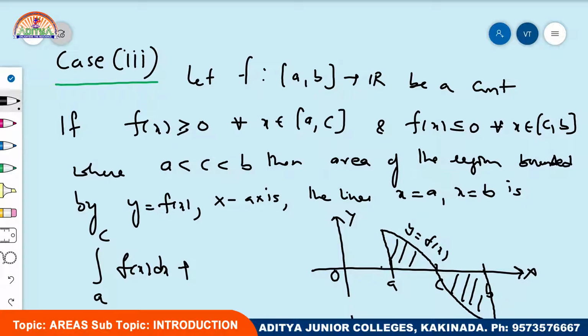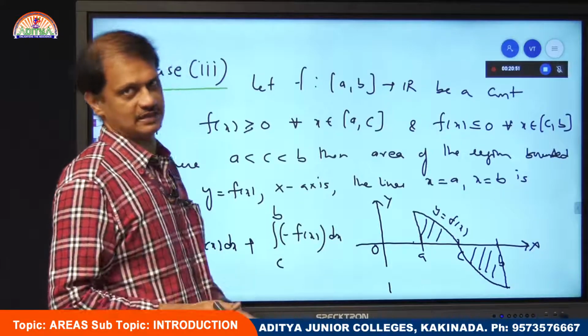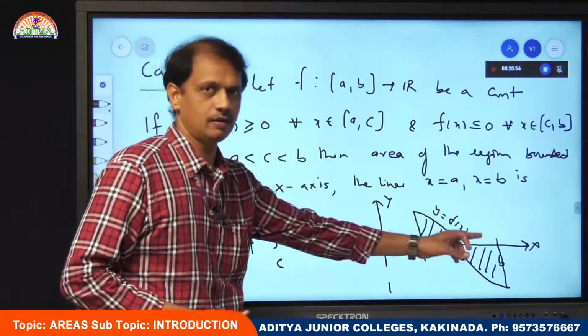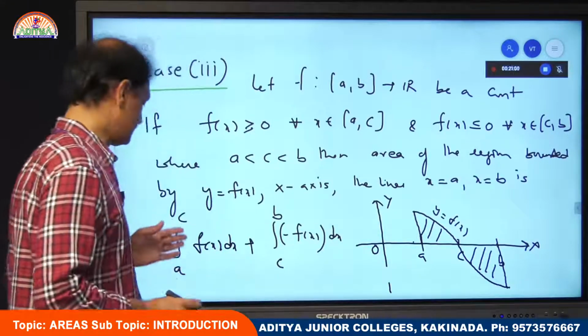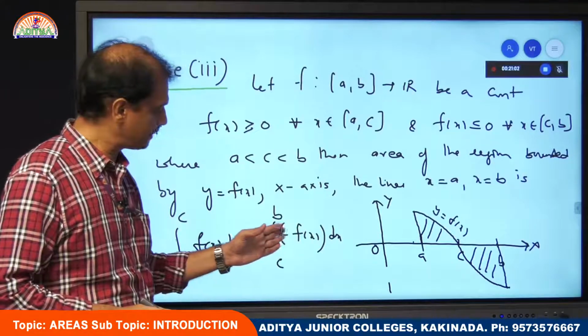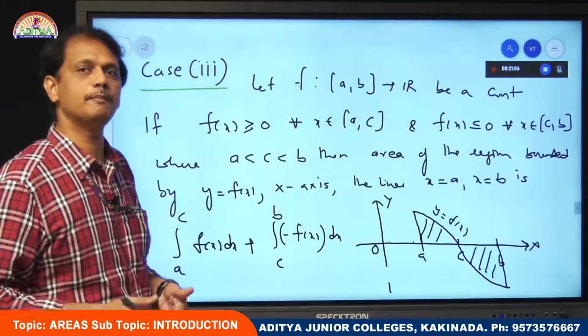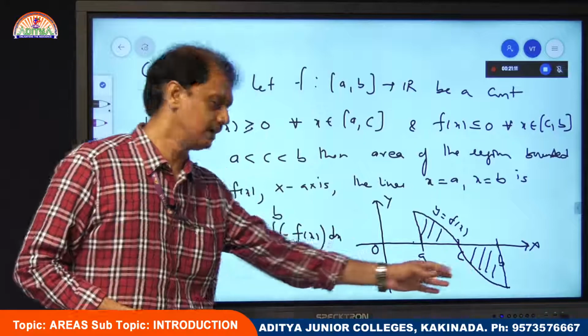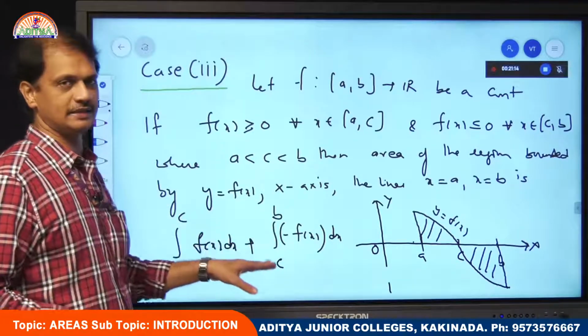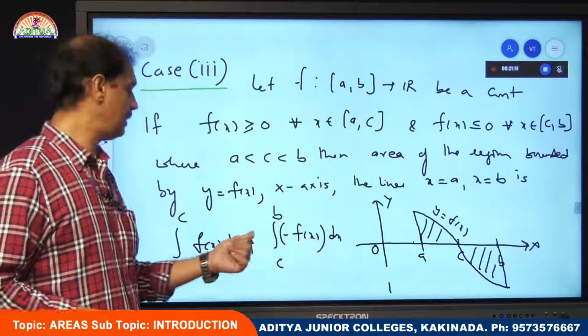Now what is the area of this region? It is integral c to b. Here I am going to take a minus sign. Why am I considering a minus sign? In the second case I said, whenever f of x is less than or equal to 0 over an interval, to calculate the area we should take a minus sign before it. Since f of x is negative, on adding a minus sign, what will you get? A positive quantity. Therefore, the total area of this bounded region is integral a to c f of x dx plus integral c to b f of x dx with a minus sign.